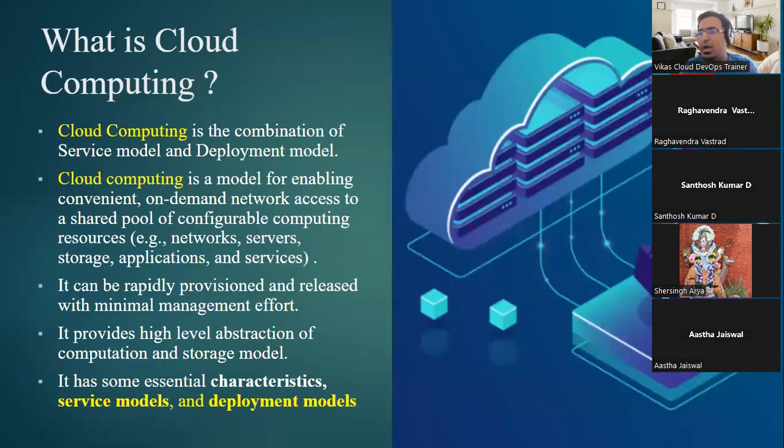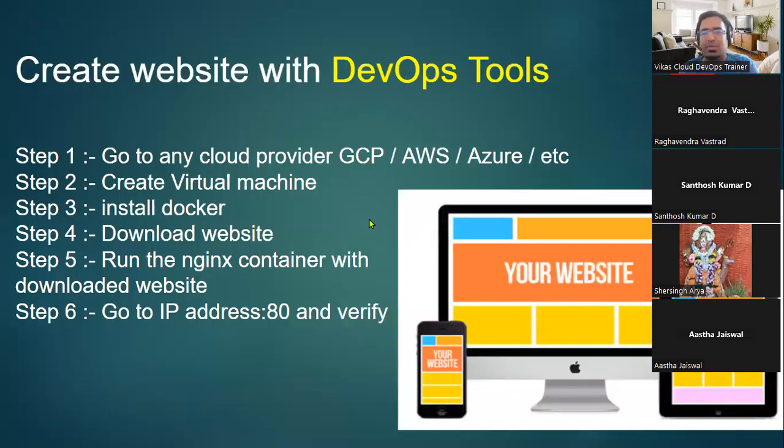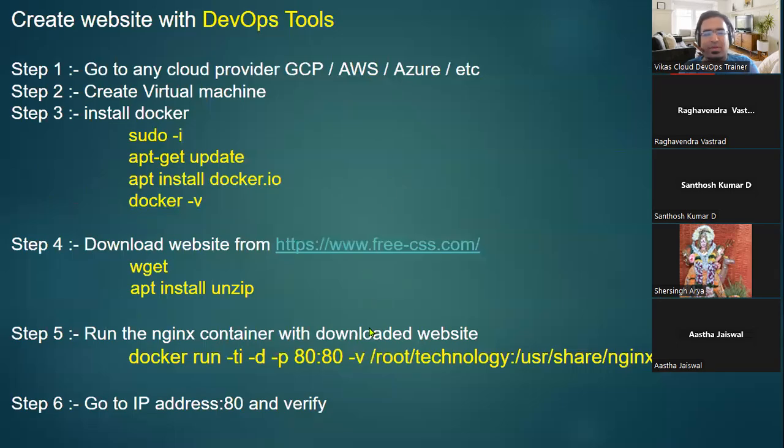Cool, good. After that we discussed the cloud computing definition. Guys, read it, it's very straightforward. Virtualization we saw in yesterday's class. Cloud computing is possible, or is happening, because of virtualization. Now the question is, sir, what is virtualization? If you are accessing someone else's hardware, you are accessing it with the help of virtualization. If you are accessing some other machine which is virtually available, that machine is known as a virtual machine. Cool. This is the example we have already taken care of.